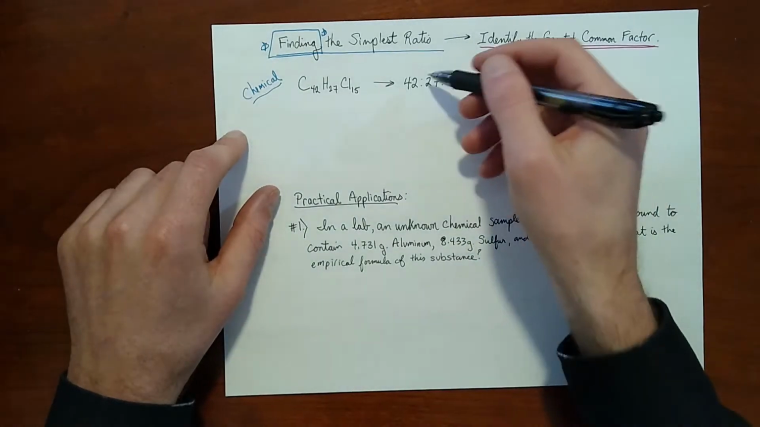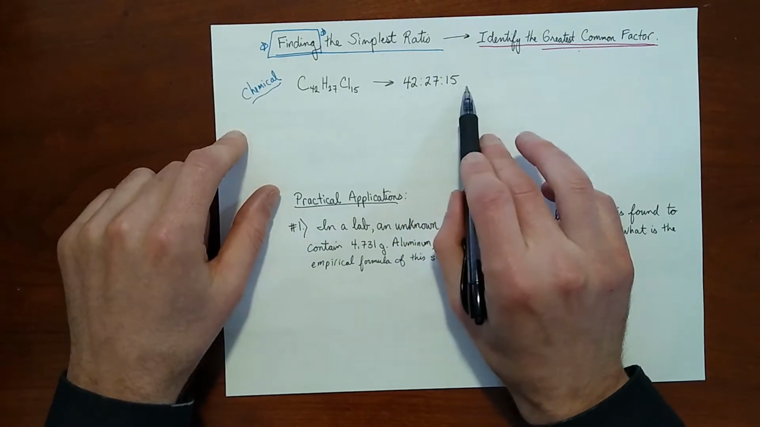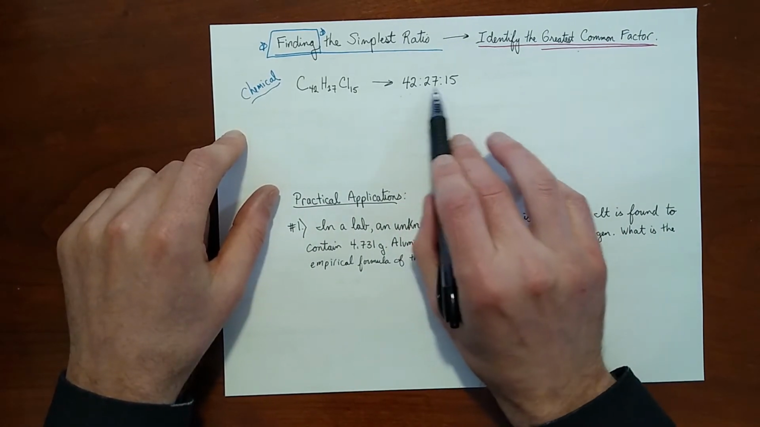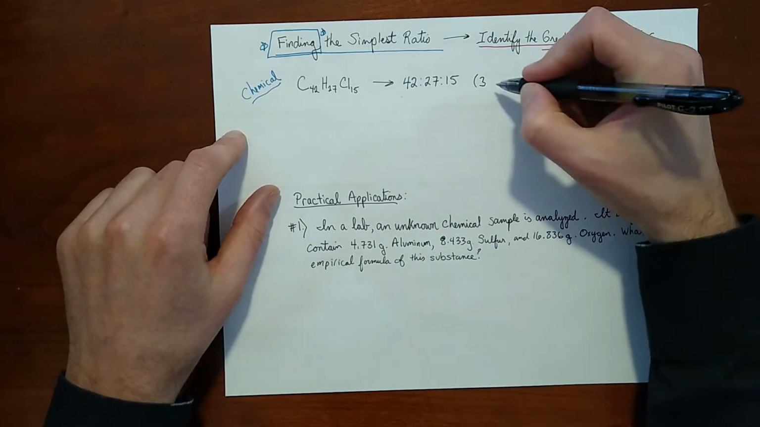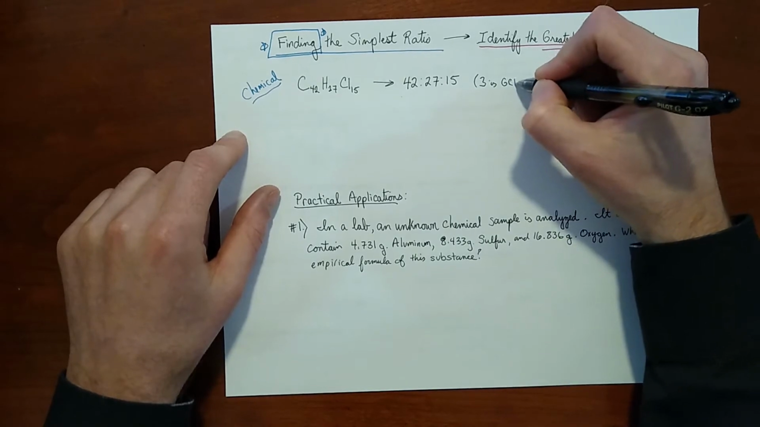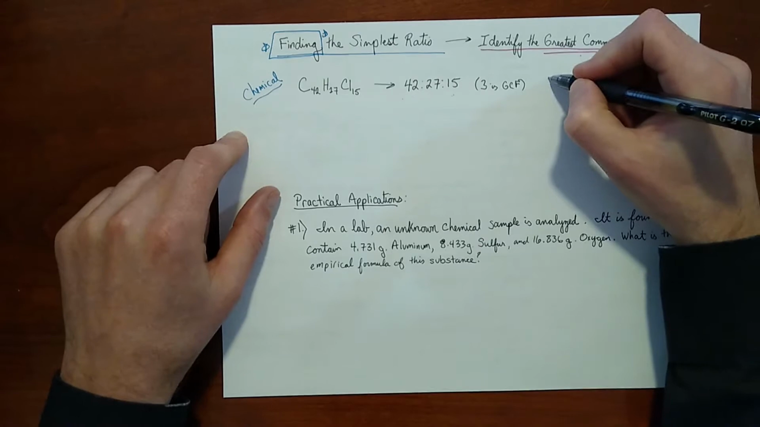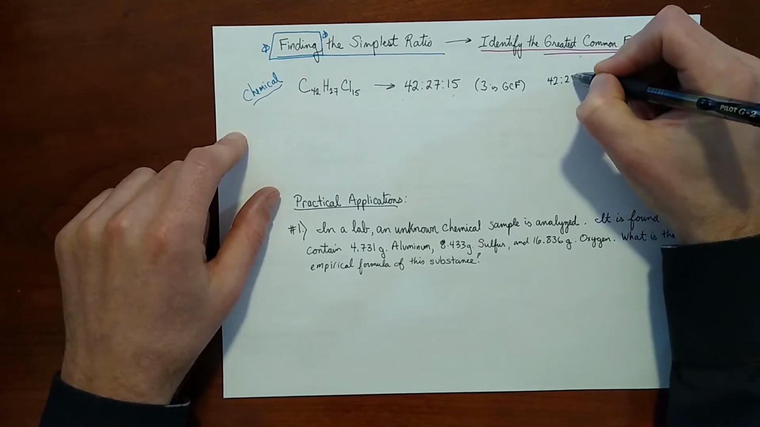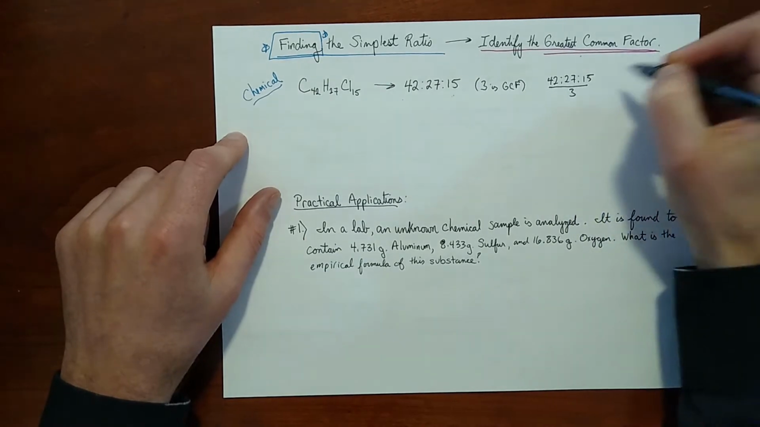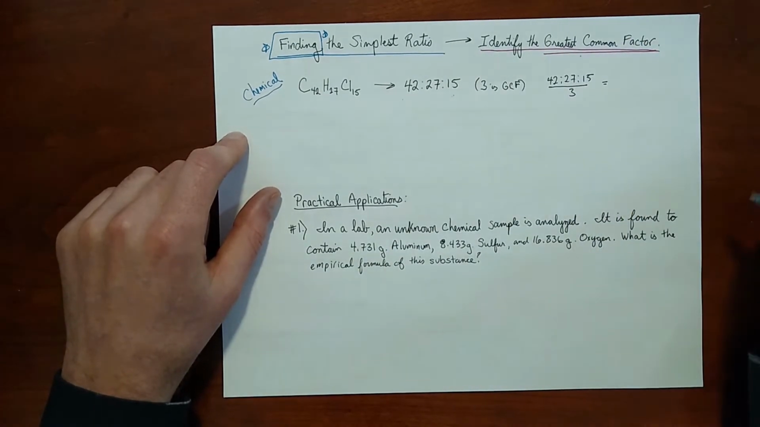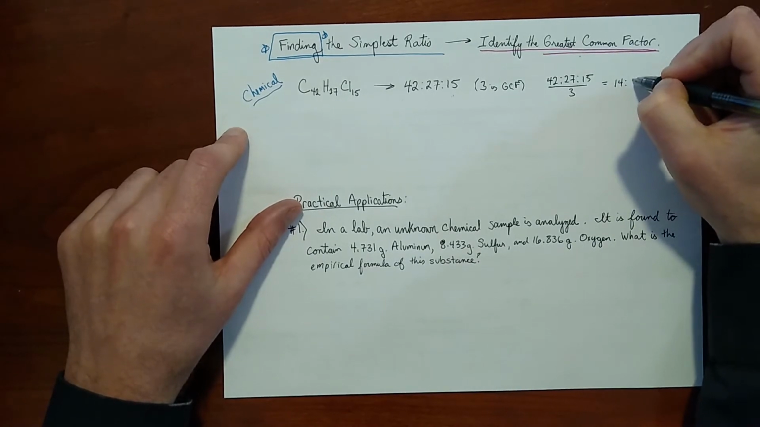I want to find the empirical formula of this. So I need to know the greatest common factor between these numbers. Well, I noticed that these are all divisible by 3. And in fact, 3 in this case will be the greatest common factor. So I need to divide all of these by that number. And this ratio will reduce to 14 to 9